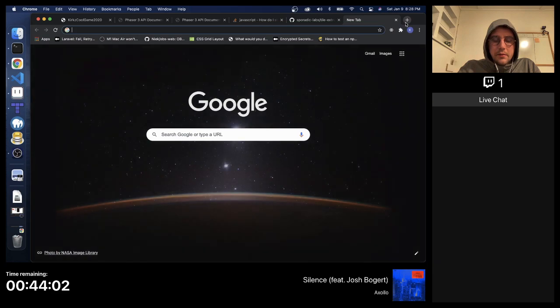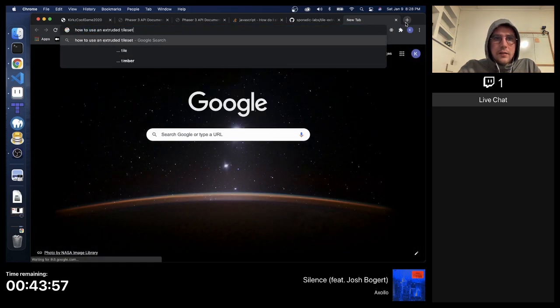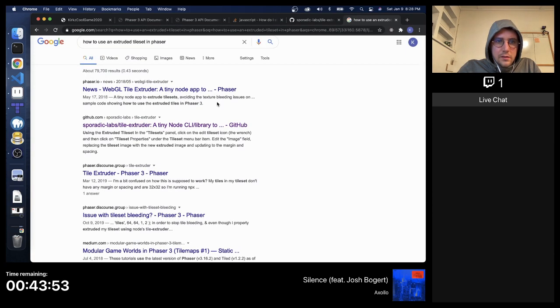Let's look up how to use an extruded tile set in Phaser. WebGL tile extruder, that's great, but